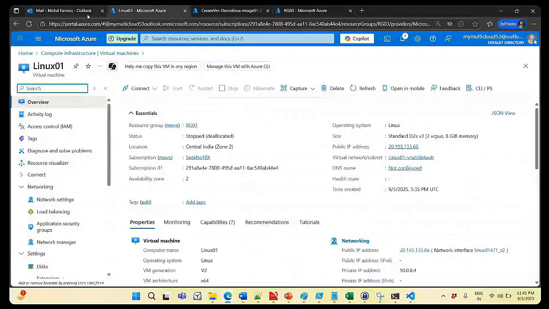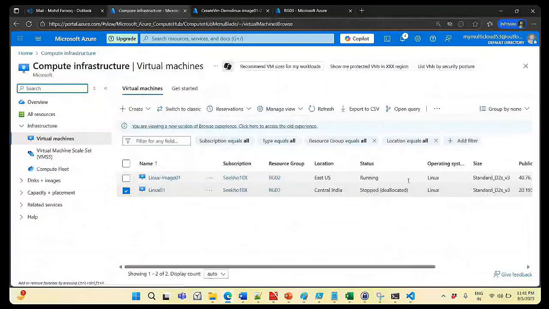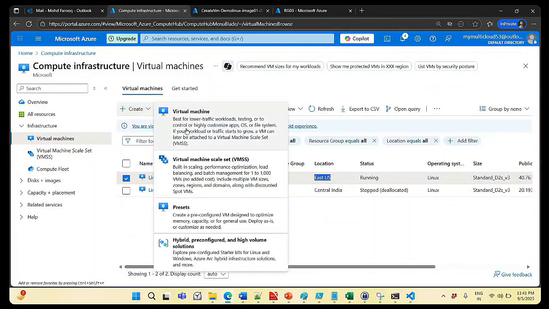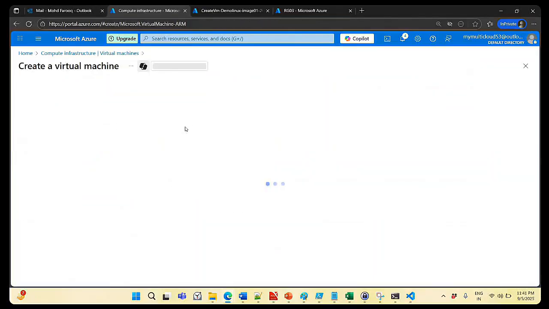That's what I want to show you. I have created an image of the server which was in a running state, and this one is in a stopped state. Here I have used the East US location, and I can create multiple virtual machines using the same image, and not only in one location, in multiple locations I can create. I will create one more